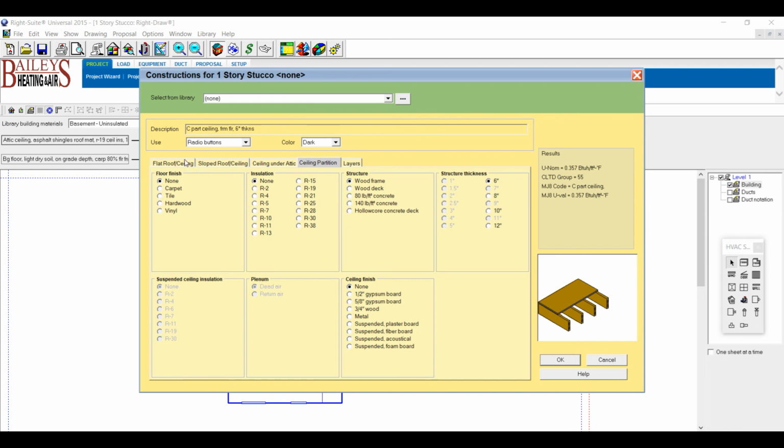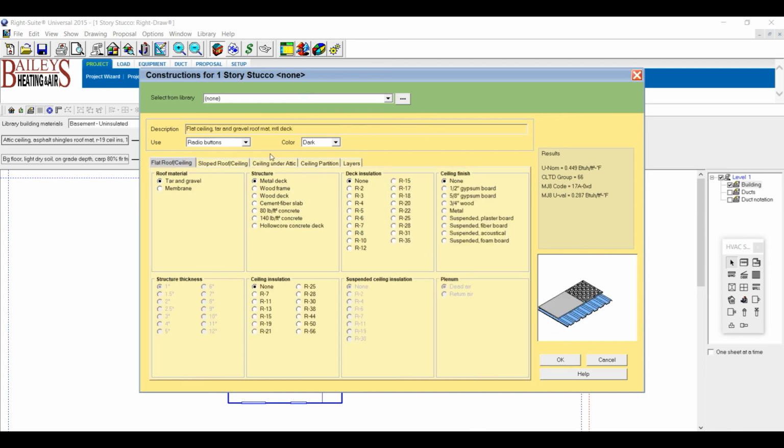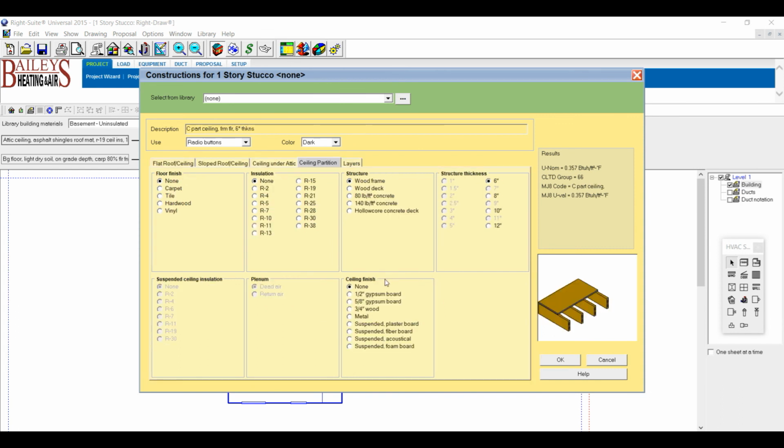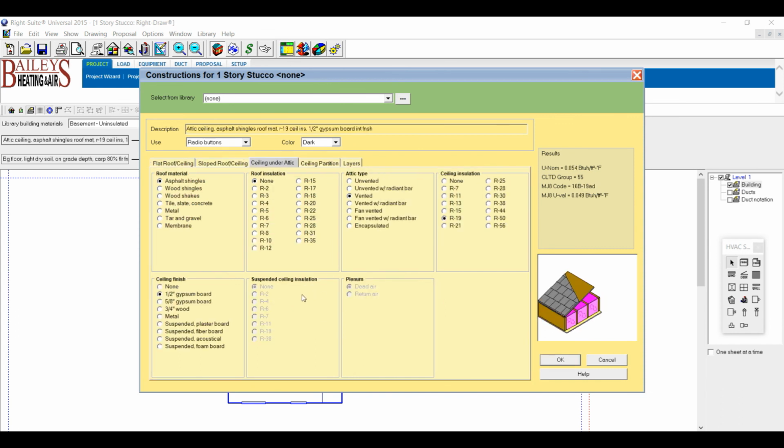So in this one, no, we're not a flat roof. No, we're not a slope ceiling. No, we're a ceiling partition. No, we're not a ceiling under an attic. Yes. So that's where we're at. R19. Okay, and I can make this R60 if I wanted to, but you need to start out, if you're